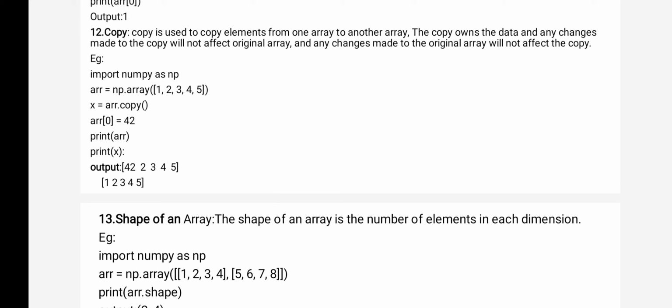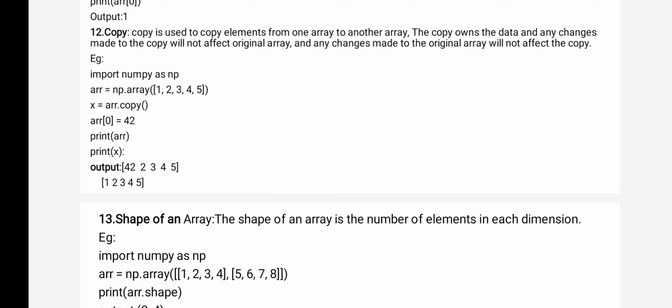as usual, I have imported the NumPy library and I have created one array. What is the name of the array here? ARR. You see, x equals ARR dot copy. Copy is a function, and what is the use of this function? This function copies the elements of which array? ARR, because I have given ARR dot copy. And those elements are copied into which array? X. Okay, understood? Now whatever elements are there in ARR, in X also we have the same elements.